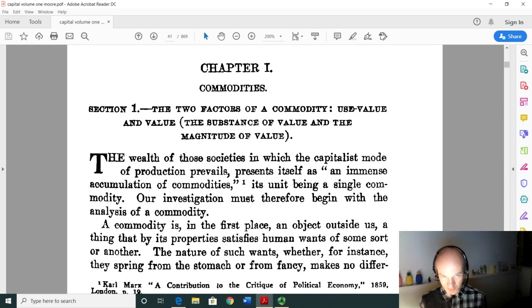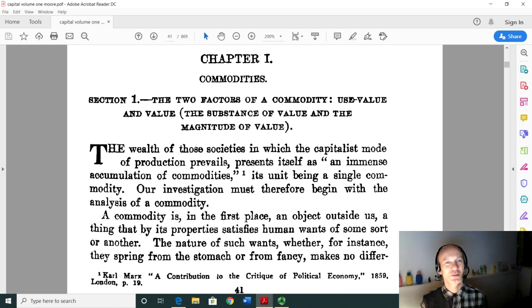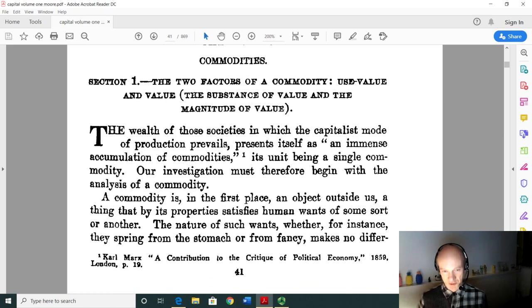Now, section 1 of chapter 1 of book 1 of volume 1 of Capital is called the 2 factors of the commodity, use value and value. In brackets, the substance of value and the magnitude of value. So you can see even just from these section headings, this is all presented in a very analytical language, although there's also a lot of sarcastic commentary in there, especially in the footnotes. It's always very much worthwhile in Marx's writings to read the footnotes,